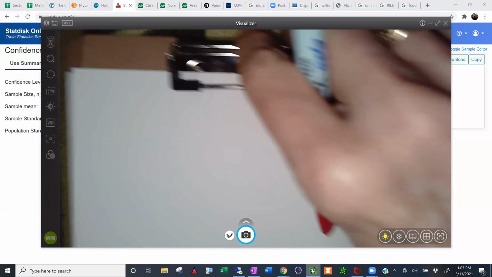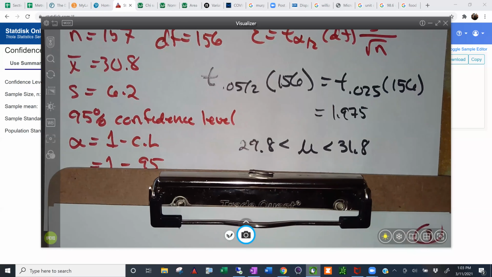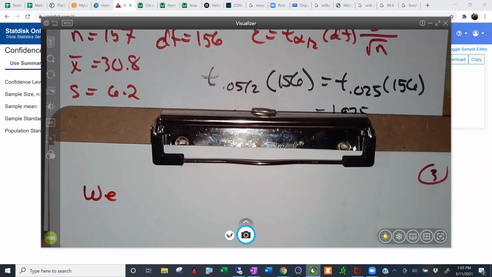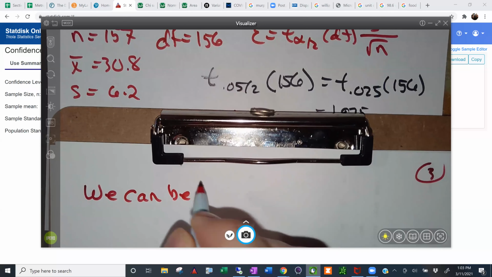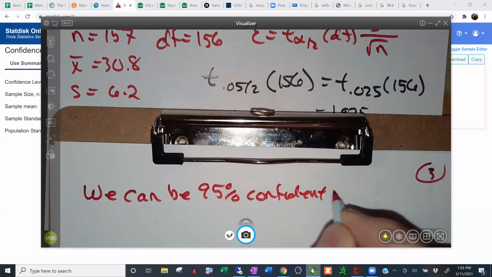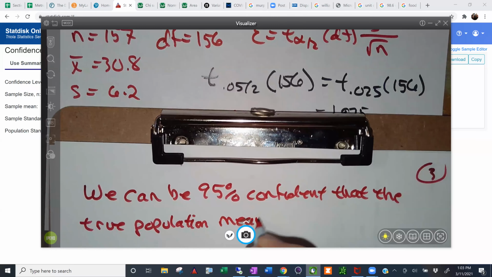Thank you. Now, the last thing that I want to do here is write it in words, because eventually you're going to need to communicate your results to somebody who hasn't had the benefit of a stat class. So this is how I'd like you to write it, and it follows along exactly with what we did with population proportions. We can be 95% confident that the true population mean, or true population mean birth weight